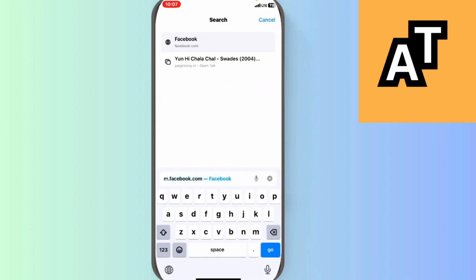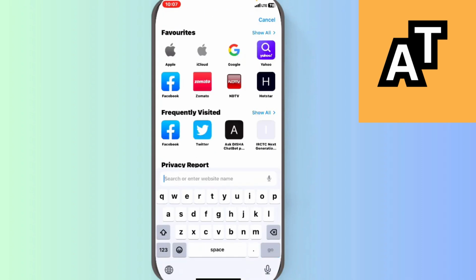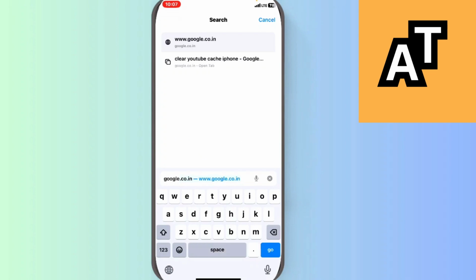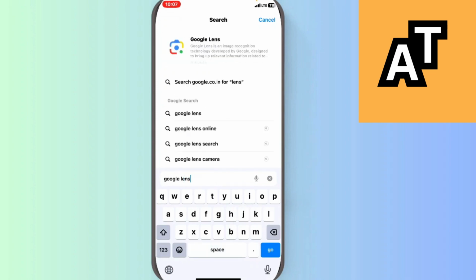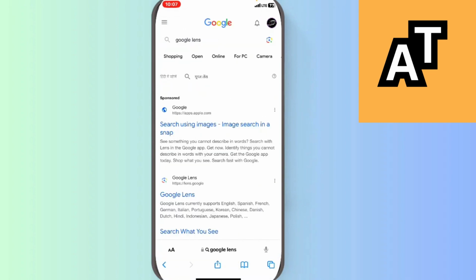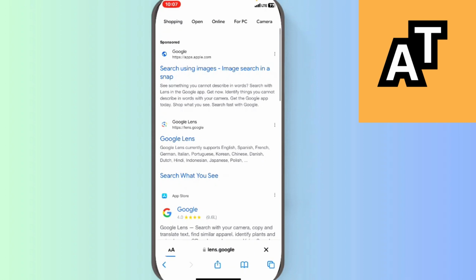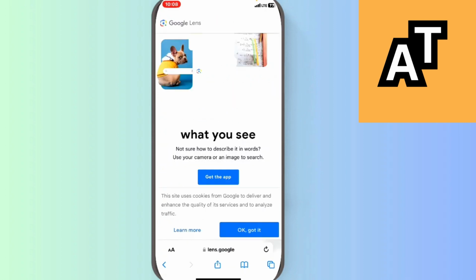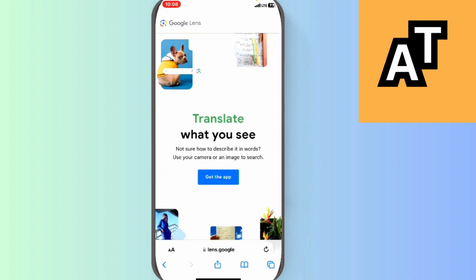You just have to go on your Safari browser here and click for the Google Lens, and this is Google Lens. In Google Lens you can translate, you can get language change, you can get anything by scanning the document on